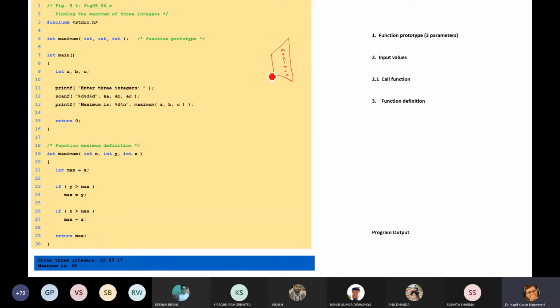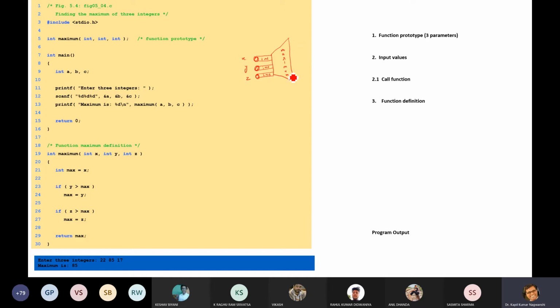This is our function and we need three values. Three pipes are there which will accept the values. These values are X, Y, and Z. All are integer, so integer pipes are there.